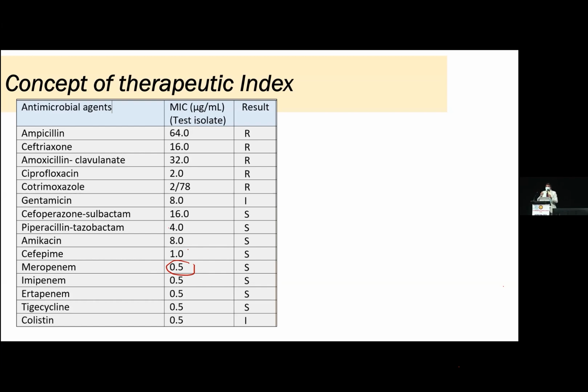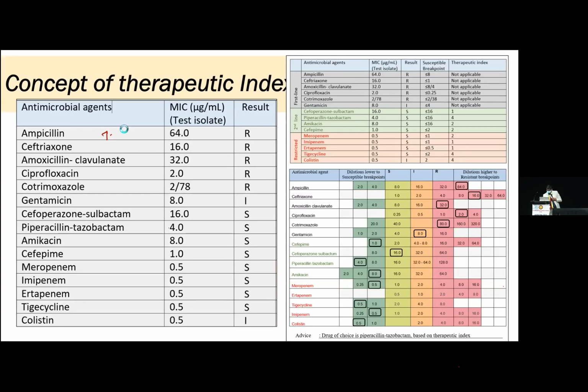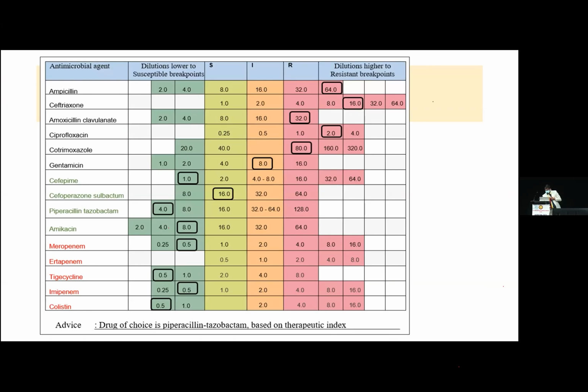So here we have to educate the clinician that it is not the lower MIC alone, but the lower MIC with respect to the susceptibility breakpoint that gives the better efficacy. That concept can be determined by what is called the therapeutic index. Therapeutic index means it is the test MIC